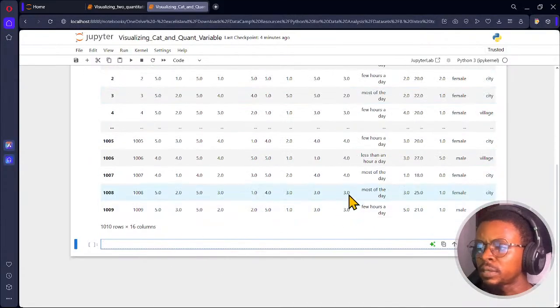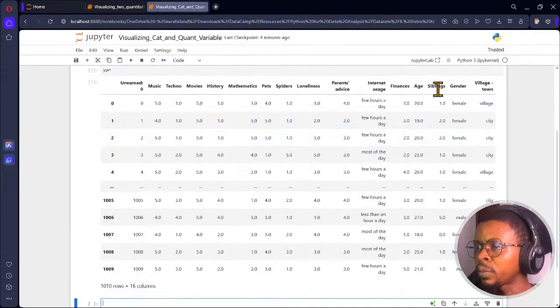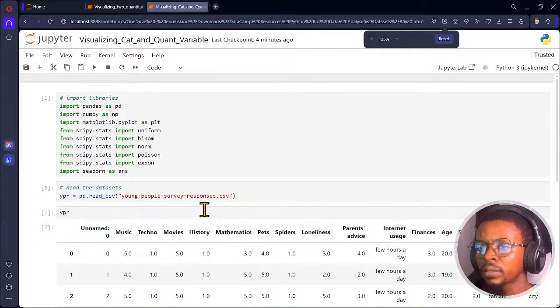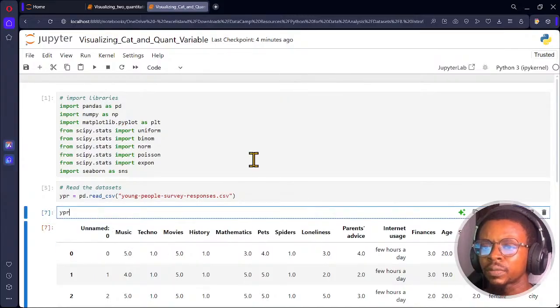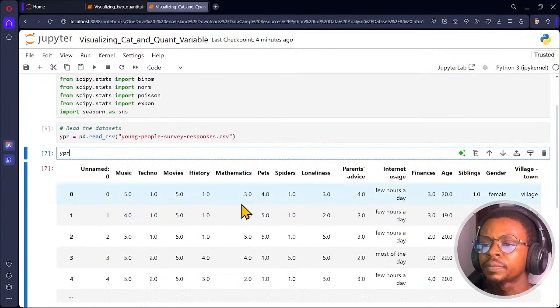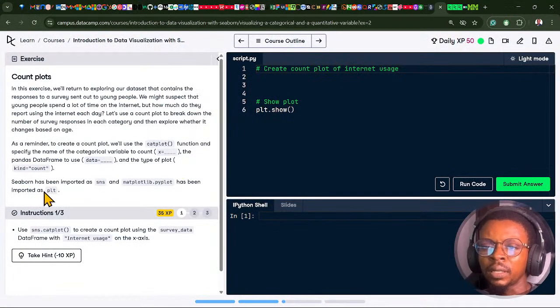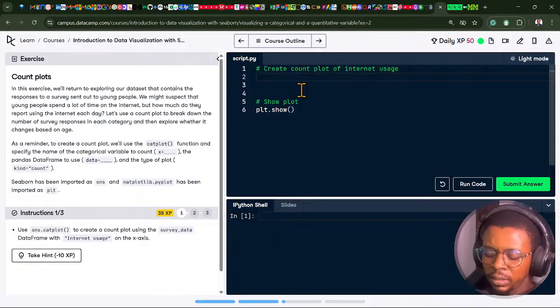So let's read this. You can see the gender right here, the number of siblings, the age, the finances, the internet usage, and so a lot of data here. Let us just continue from here. So let's create a count plot, rather using this SNS cat plot. I'm just going to say SNS dot cat plot